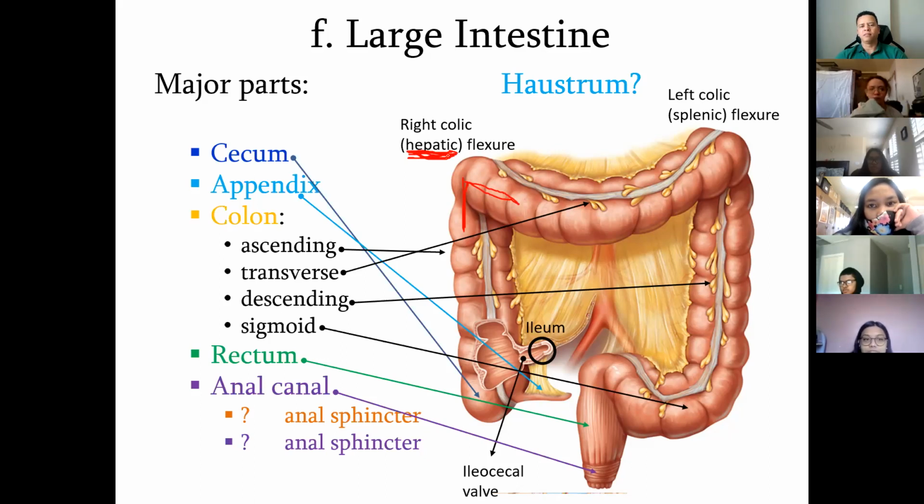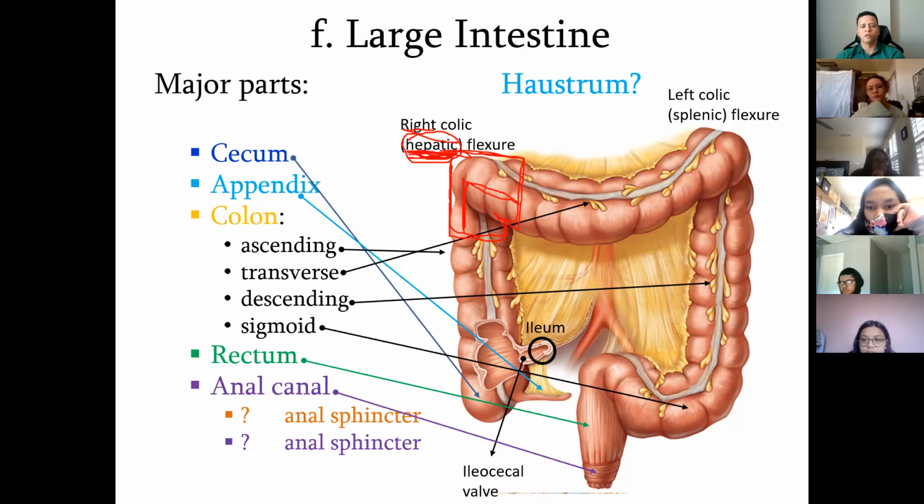If you have a hepatic disease, what organ is diseased? The liver. The liver, absolutely. So when you are naming this corner here, folks, if I have this question on the exam, you either call it the right colic flexure or you call it the hepatic flexure, okay? It is not the right hepatic flexure because there's no left hepatic flexure, and I mentioned this before with other organs,